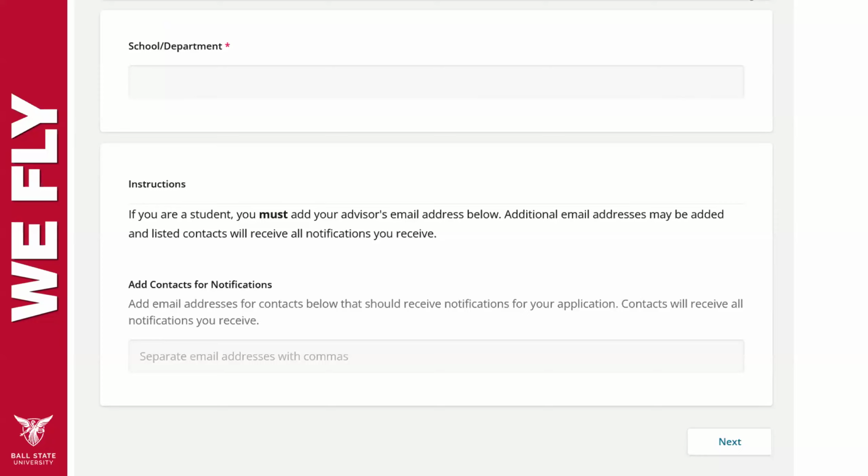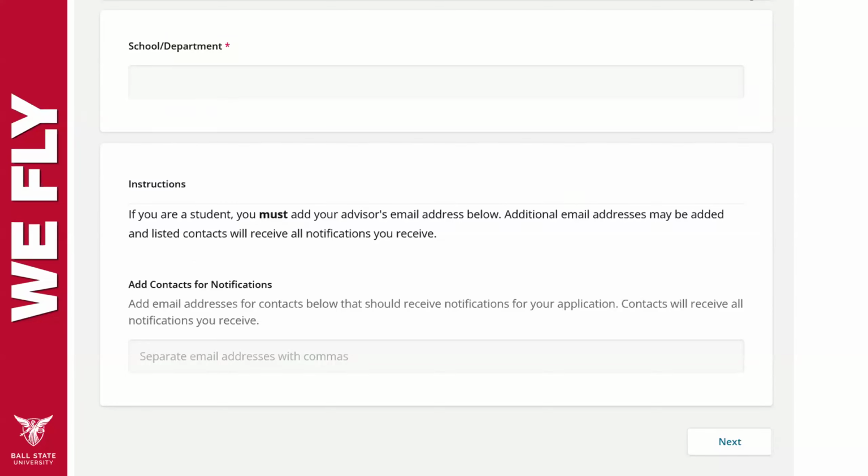Okay, since 60% of our HSR protocols are students, it's a really good idea if the advisor knows what's going on. So we put this into the form. If you are a student, you have to give your advisor's email below. And hopefully it's a valid email and there are no typos, but we will check that to make sure it's the